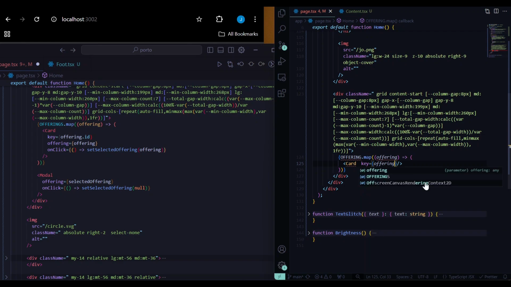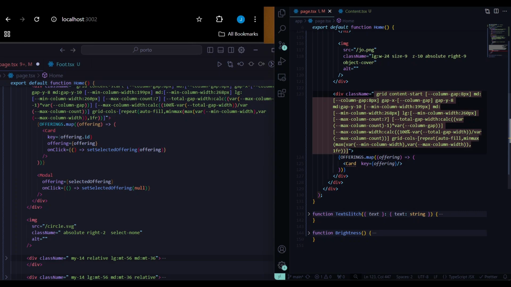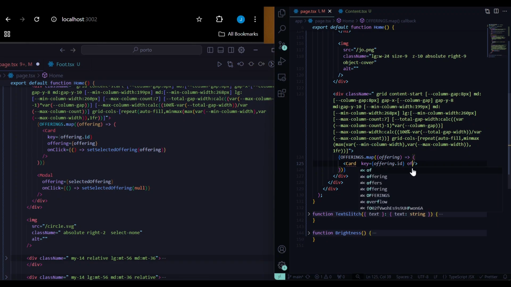Offering dot. This is strange. Did you mean offerings? Okay, offerings. Offering dot ID, and then we need to pass in the offering to be of offering, like so,